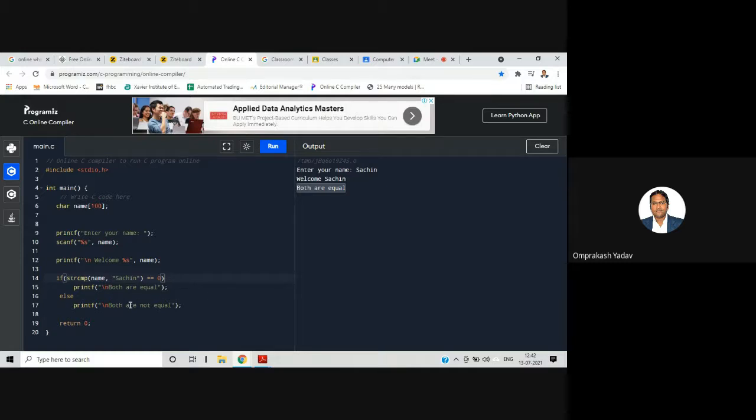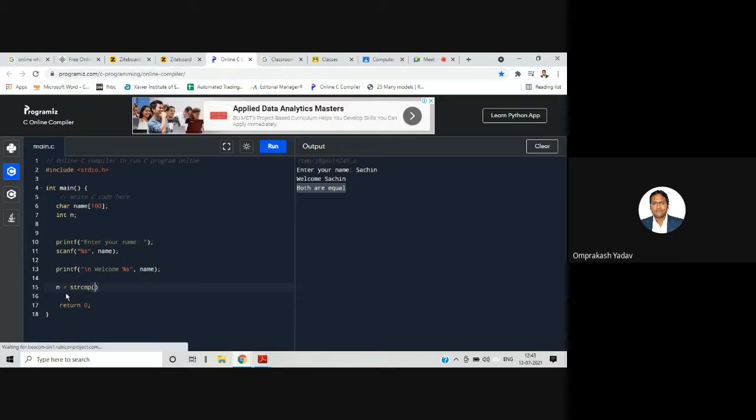So in that case, what will happen, we can do it this way. Suppose I have one integer variable, int n, and I say n is equal to strcmp of name, and let's say I'm comparing with Sachin.